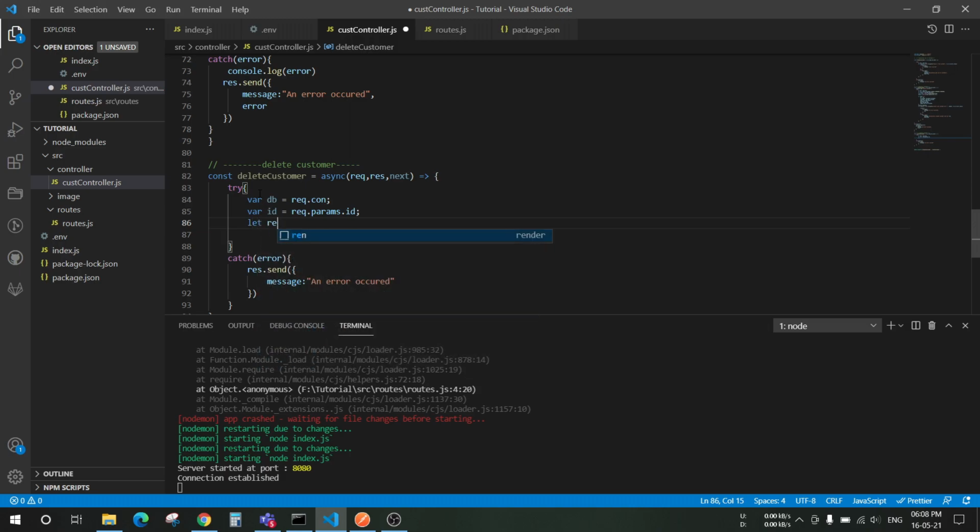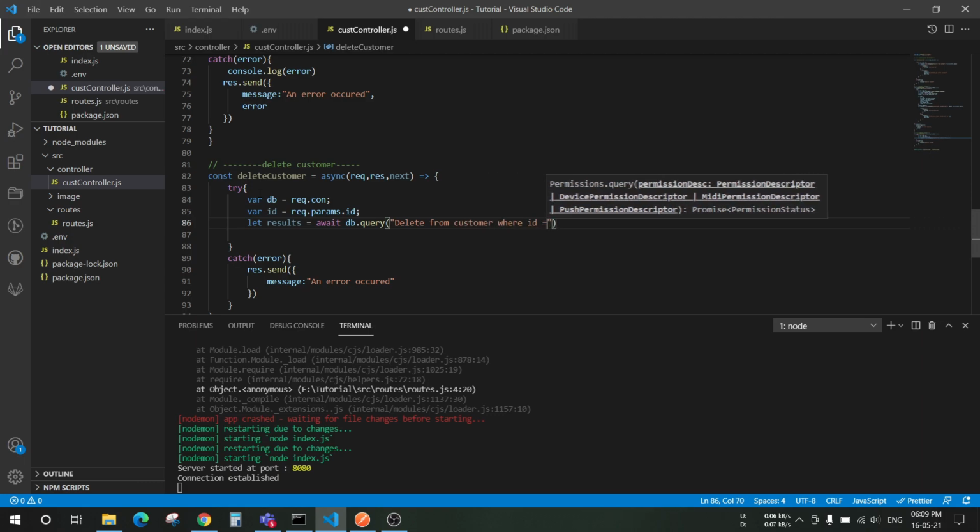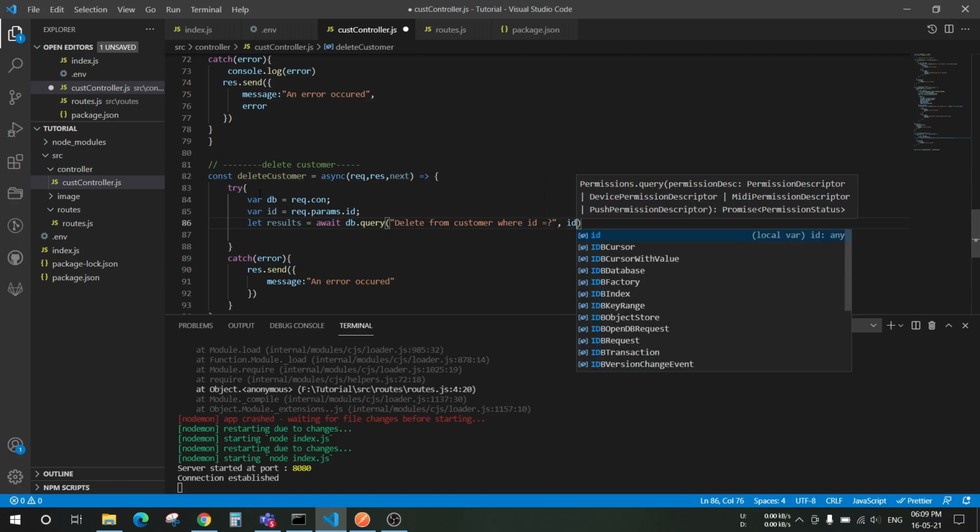Let results equals to await db dot query, and inside that we'll pass the SQL syntax for deleting. Delete from customer where id equals to question mark, and comma we're gonna define id plus function